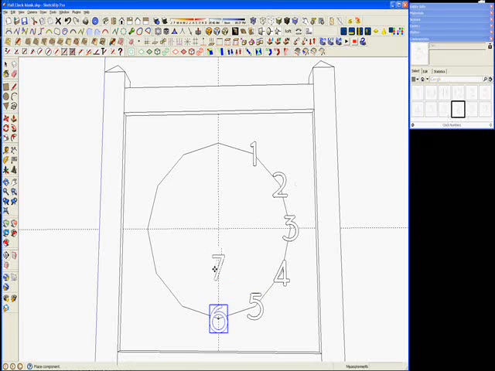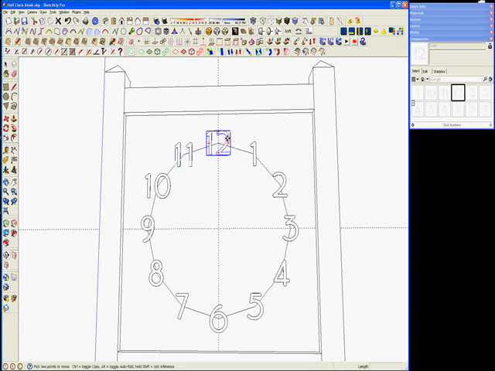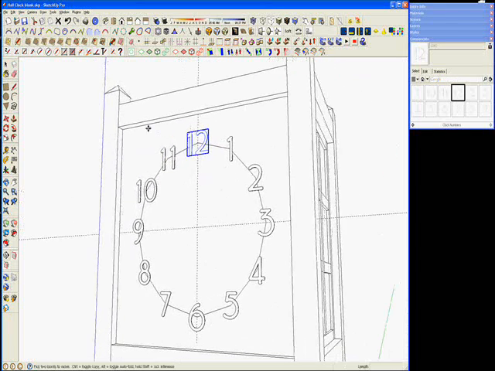But they drop right into place because their component axis origins are right at the center of each number. So there's nothing really to work at here. And now I'm going to make the 12, 3, 6, and 9